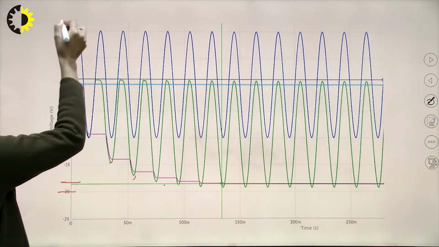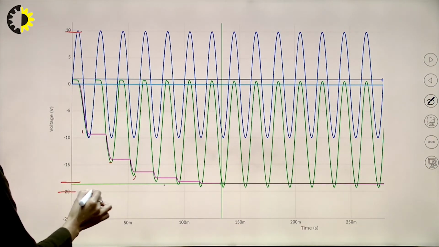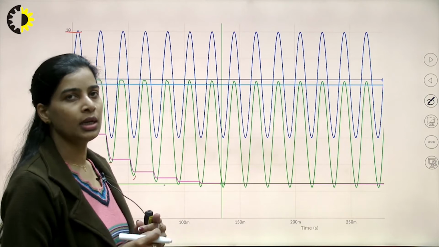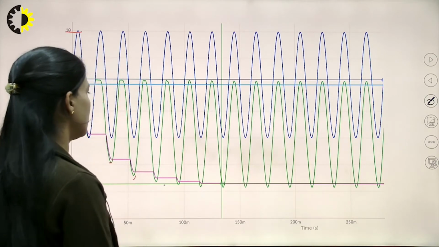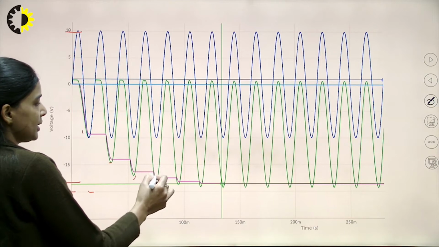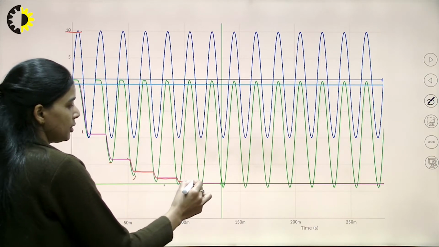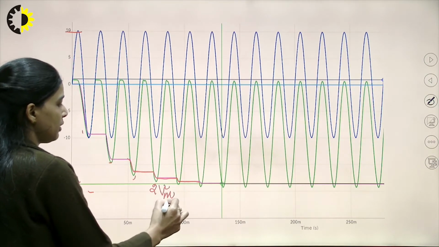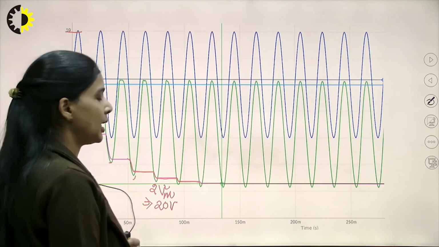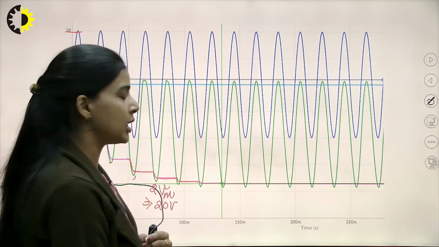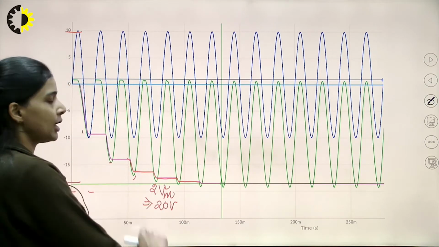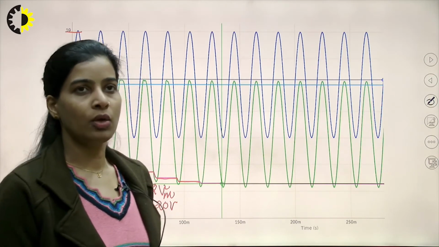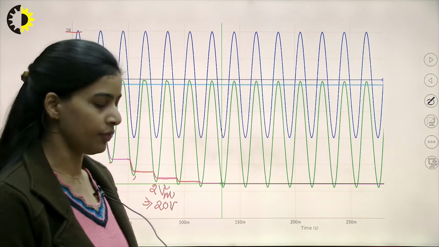Here you can see the input is at 10, so output ideally should be at 20. Here we are getting some less value than 20 due to the drop across the diode. So, after a few cycles we are getting this output near to the 2 Vm value. It is not exactly 2 Vm, 2 Vm is 20 volts according to the input signal, but as there will be some drop across the diode, we get a value a bit less than 20 volts. So, in the half wave voltage doubler we get the doubling of voltage after a few cycles of the input.